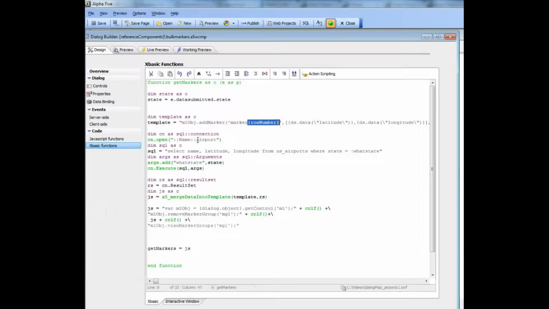Then we open up the connection to our SQL Server Airports database. We execute a query that returns the name, the latitude, and the longitude from the airports database for the state that was selected, which is inside e.datasubmitted.state. We create a SQL arguments object over here, and then we execute that SQL command passing in the arguments object. Then we get a result set,